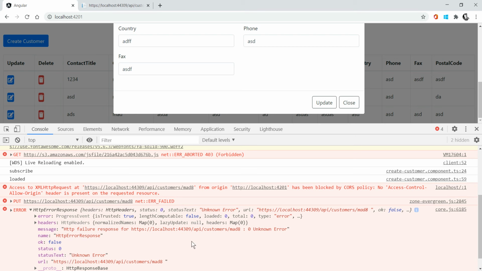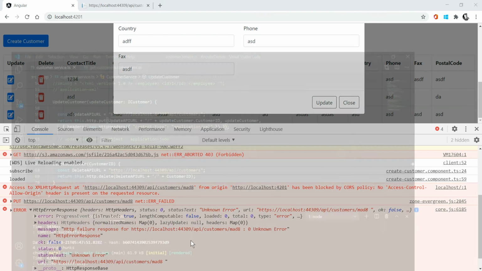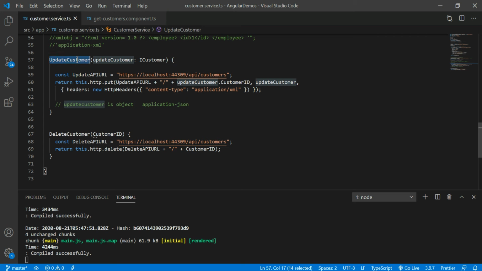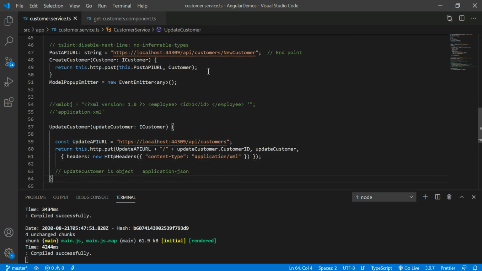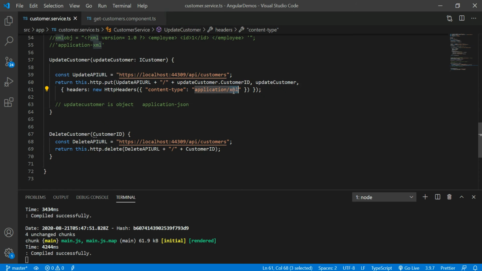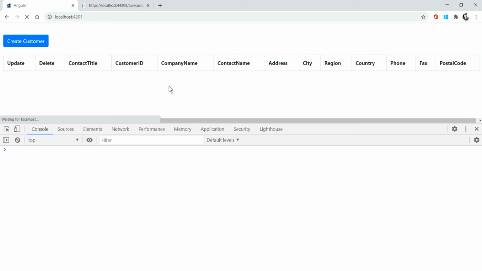So tomorrow you may get a different error, some SQL exception, some nullable exception, or different errors you are getting from the web server. Okay, you have to handle those kinds of errors. As of now, if this update customer is giving a different error, and this get customer is giving a different error, you have to handle these errors. Now see application JSON. When I do application JSON, now we'll get the proper data, because application JSON is the default header for any kind of HTTP request. So for now I won't get any kind of error.